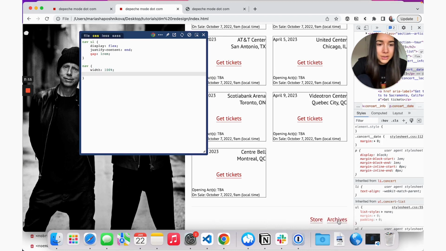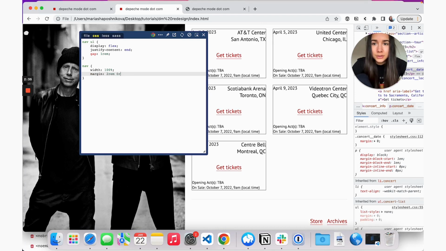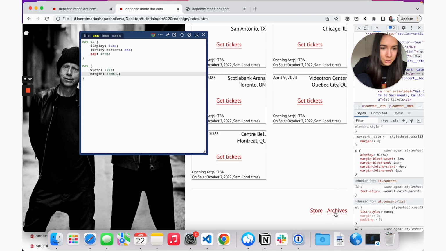And the last thing, let's just add some more margin at the top and the bottom. Personally, I always like when I scroll to the bottom of the website and there's always some space so that if there are any footer links, they're not too close to the edge. So we'll add a margin of 2 rems, just the top and bottom.